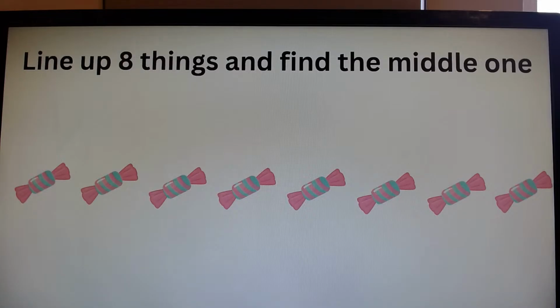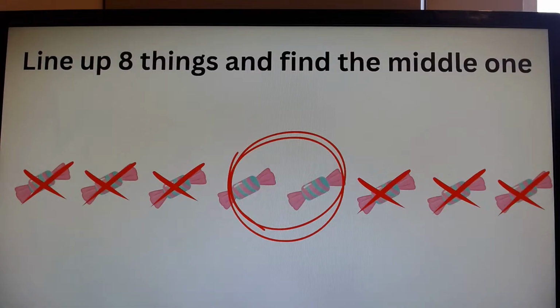So again, we want to do the same thing, but this time we've got 2 objects in the middle. That is a bit tricky. If you've got 2 objects in the middle, it can be really difficult to find the middle one. Now, technically, you can't do median with objects, with discrete data. You have to do it with numbers,